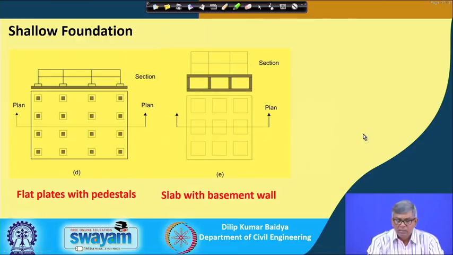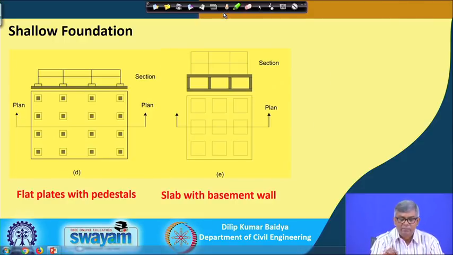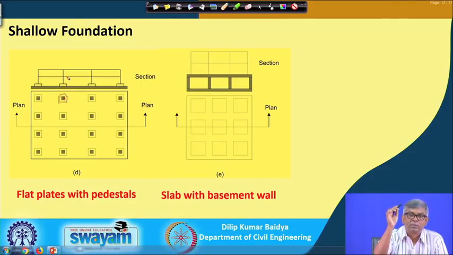Next one you can see is flat plates with pedestal. Initially a flat plate, like a concrete mat, will be constructed, and wherever there is a column, before starting the column there will be a little wider pedestal made, and from there the column will be a little reduced and then erected. You can see the black one is the column, and because of the pedestal this is widened, and from the center of this the column will finally be erected. So, this is flat plates with pedestal.